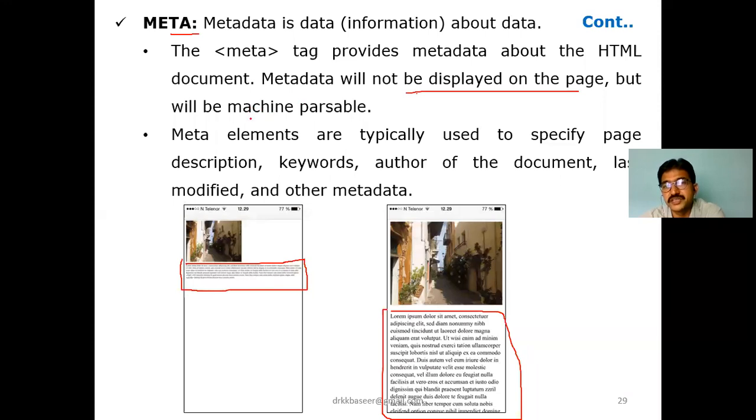It depends on the machine and the display, how the data will be displayed one after the other based on screen sizes. So metadata is data about data. That is the definition I have given. Metadata means information about information. The same thing we are reflecting in another way.